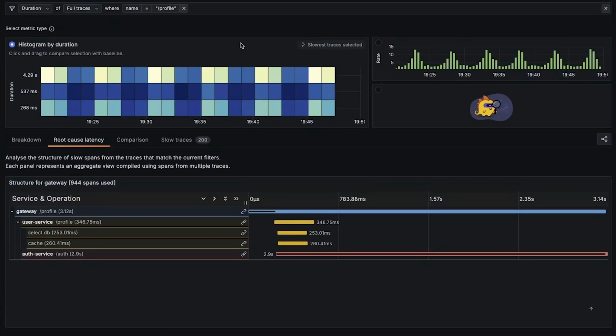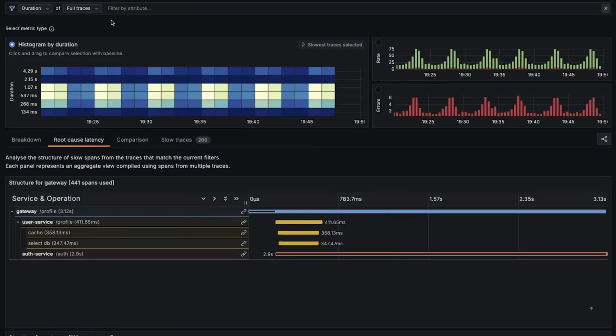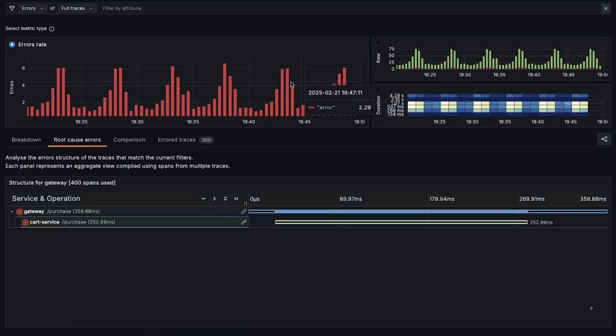Last thing I want to show is how the same concepts apply to the errors view. For example, if you go to the root cause page, it shows us this aggregated trace view, and it highlights all the spans with errors in them. So now we can very quickly see which spans are causing the errors without having to look at every single